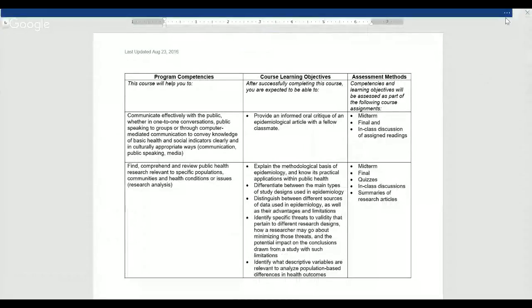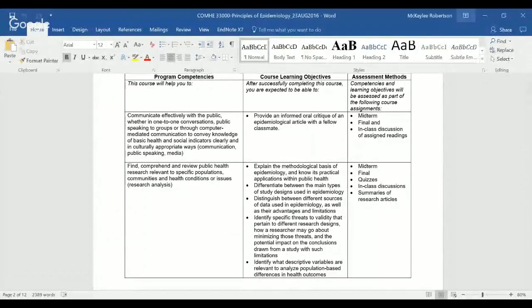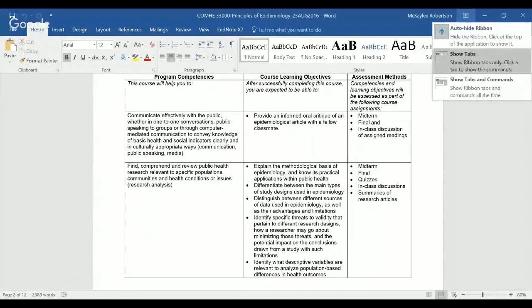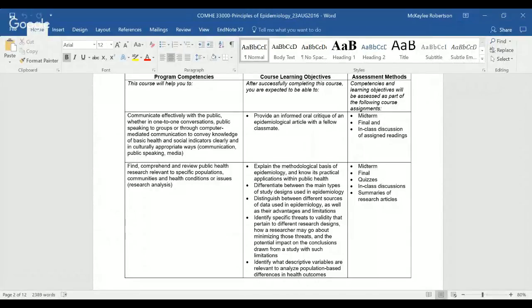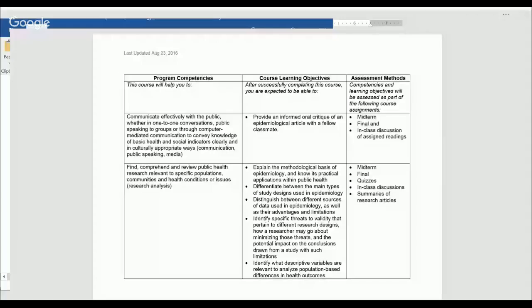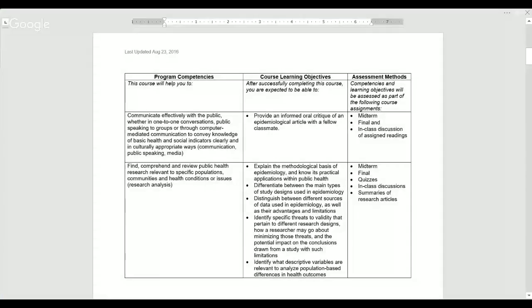All right, let me make this bigger, hide. Oh, wait. Sorry guys, just checking my screen to make sure we're seeing the same thing. Okay, so